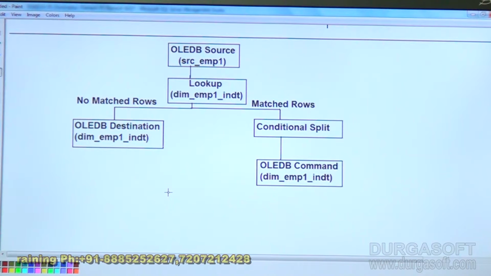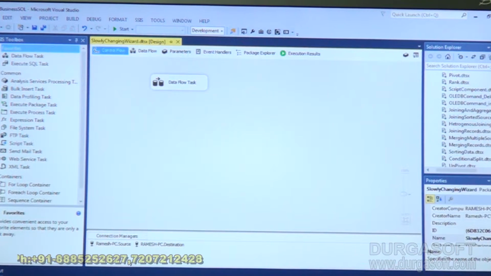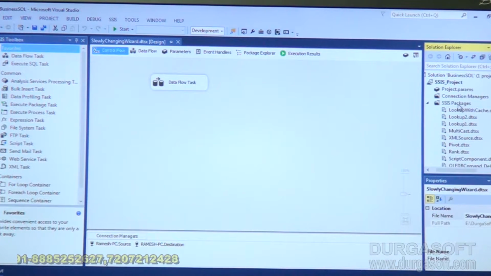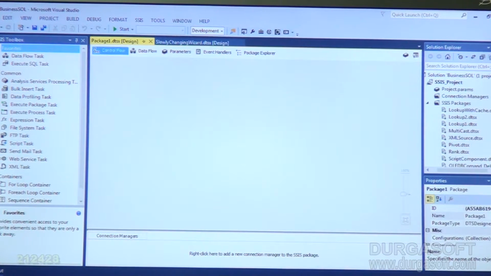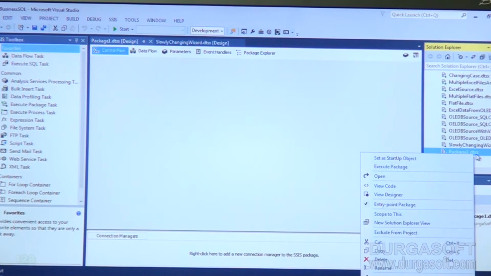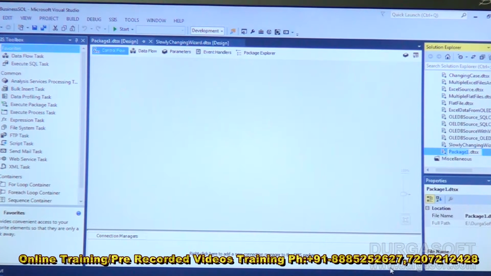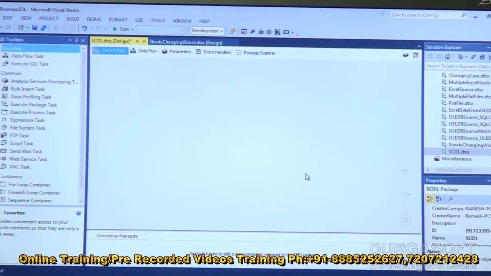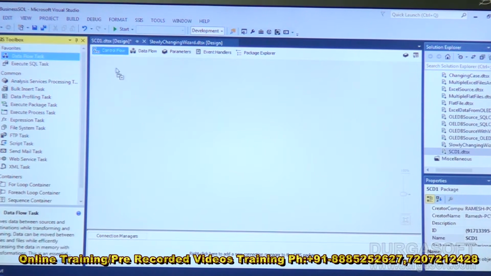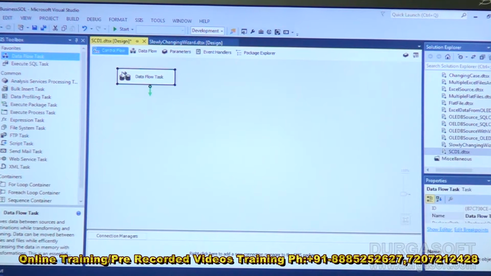So we'll try to implement this. Once again, I'm implementing slowly changing dimension, or SCD1, without using the wizard, and I'm implementing it for only one field. New SSIS package, change the package name, I'm saying SCD1. Drag the data flow task, double click on the data flow task,